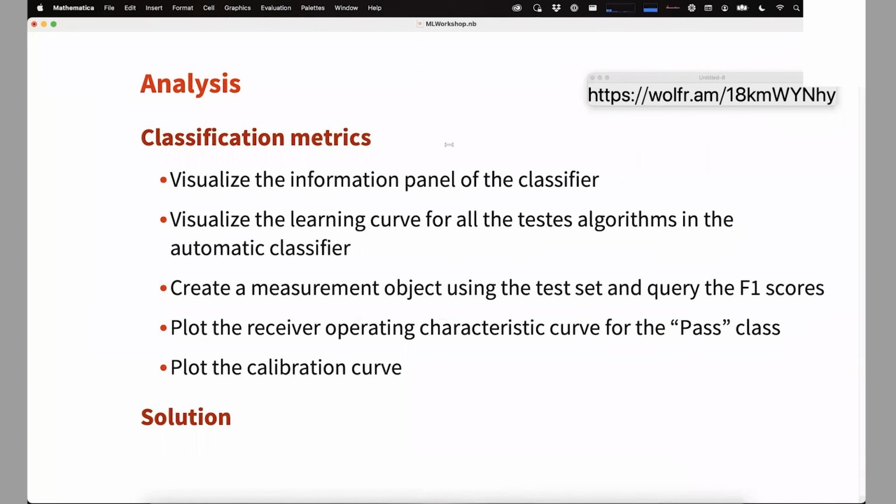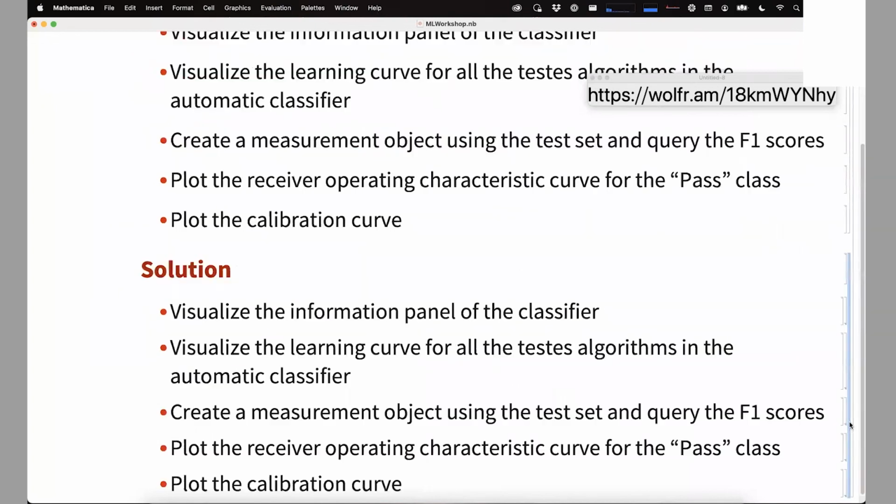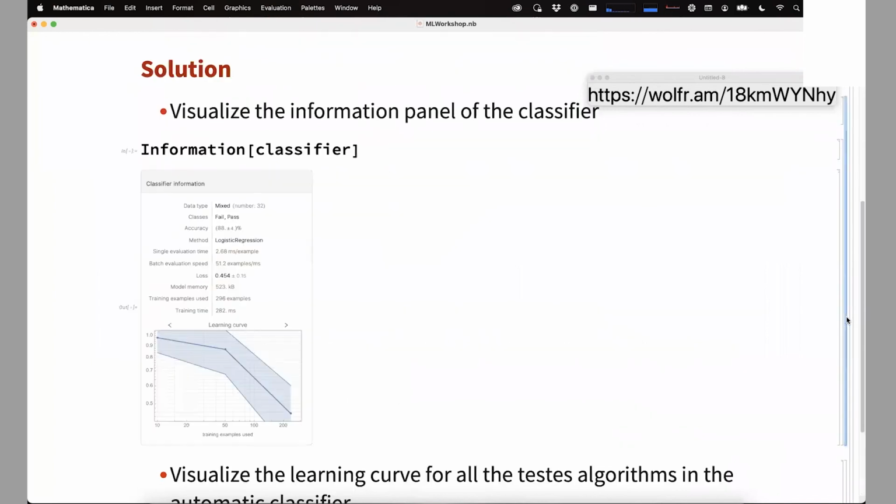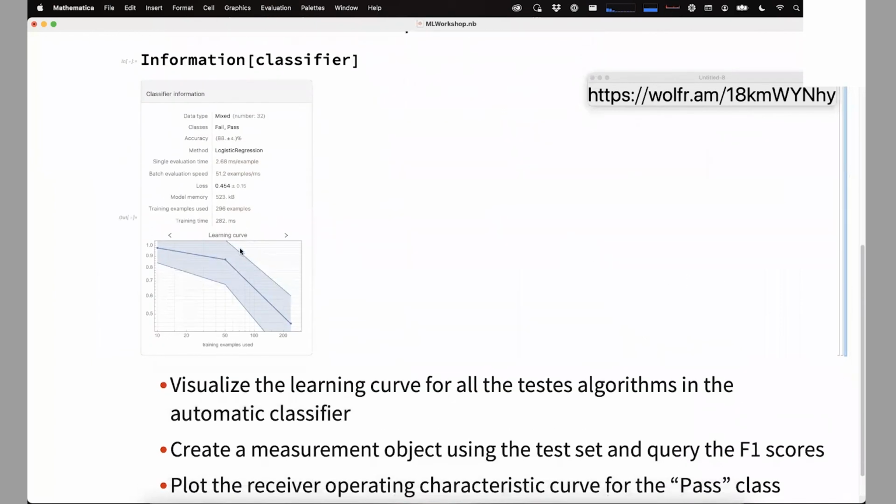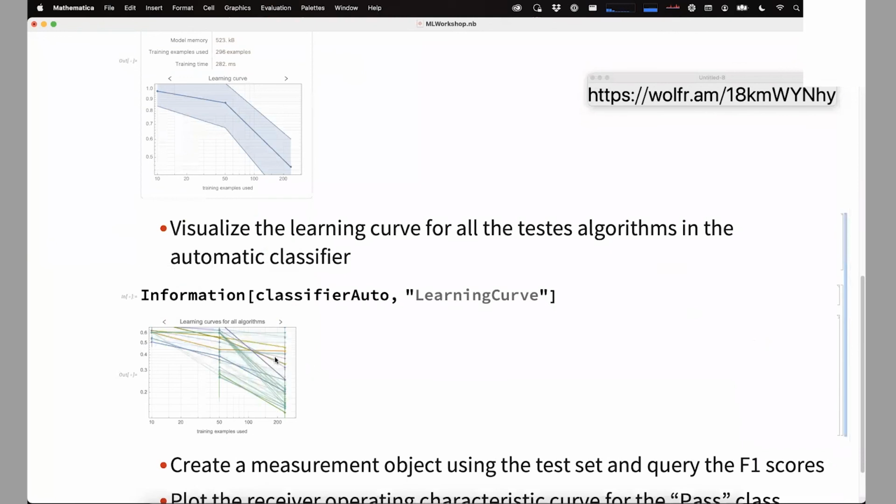Some metrics, of course, all these things are objects for a reason. You can extract information. This will tell you a bunch of things: how fast it is, the accuracy. But then you can put a second argument here and ask for more specific things. For example, here I put